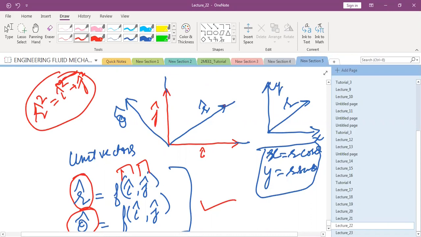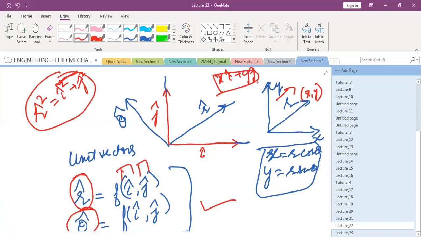If this was say point x y, what can you write down x y as? So r cos theta i cap, or I can write down x i plus y j. Yes, sir. You can represent this r vector with x i plus y j, the two components. Is that clear? Yes. But now I want the unit vector. So how will I proceed?